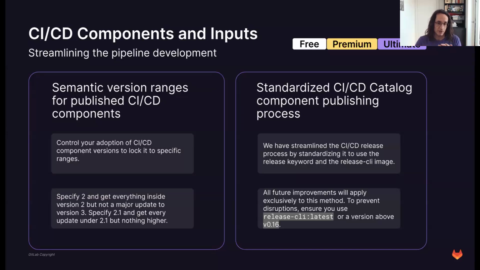It was possible up until this point to version your templates. We do that in GitLab, right? If you use GitLab Ultimate, the way you include our scanners in your pipelines is by including our CI/CD templates. That's fair enough. And you can reference certain versions of those templates by referencing a tag or a Git hash in the commit history. This is now standardized with components. So you have actual semantic versioning with CI/CD components.